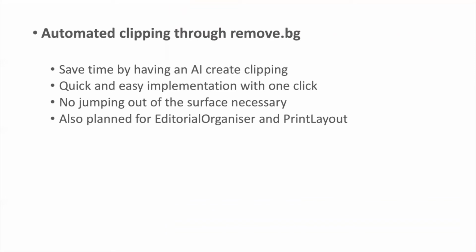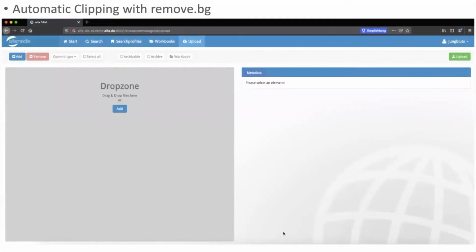With this tool, you can clip pictures automatically with just one click. So you have a quick and easy clipping path. And you don't need to jump to another program like Photoshop or other things. This is already implemented into our digital asset management, but we plan to do it in the EditorialOrganiser and print layout as well. So to see what that means,